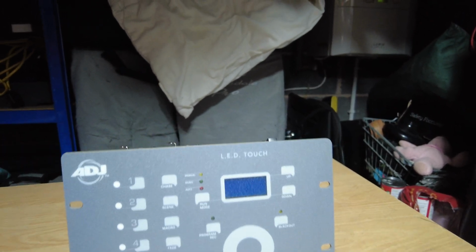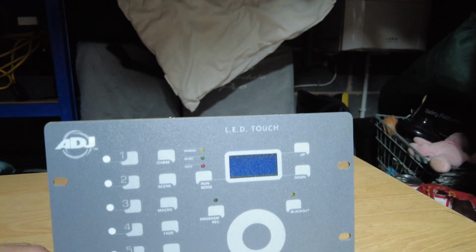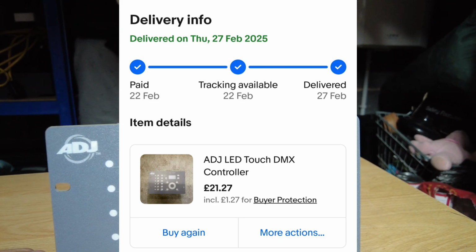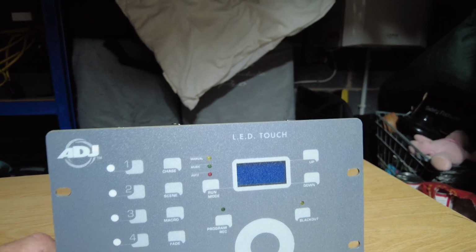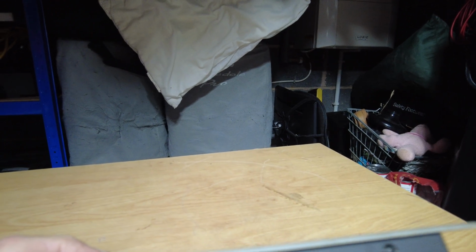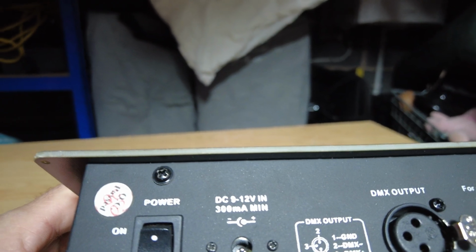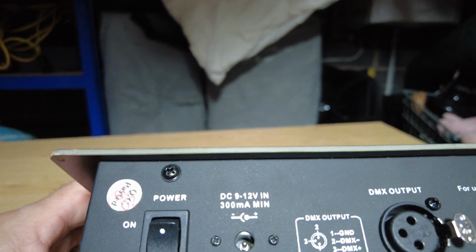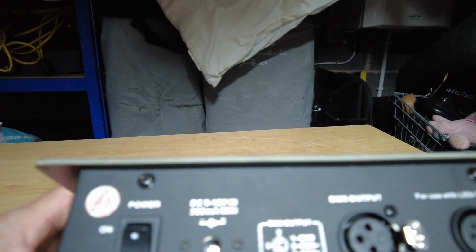I think I ended up paying, I'm not sure, have a look on screen how much it was. That depends if I can get it working. It was sold as spares and repairs. It didn't come with any power cable. So what do I need? Let's have a look. We need 9 to 12 volts with a minimum of 300 milliamps. Okay, it's got a DMX output and a